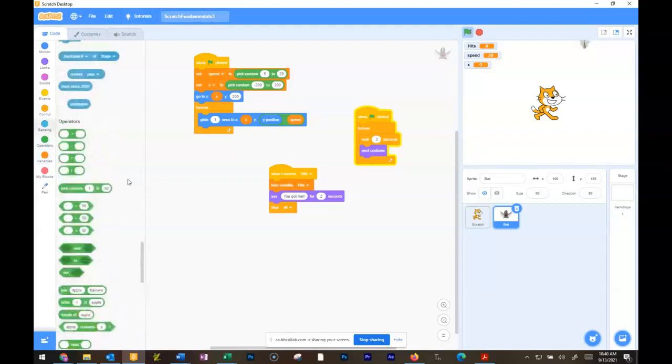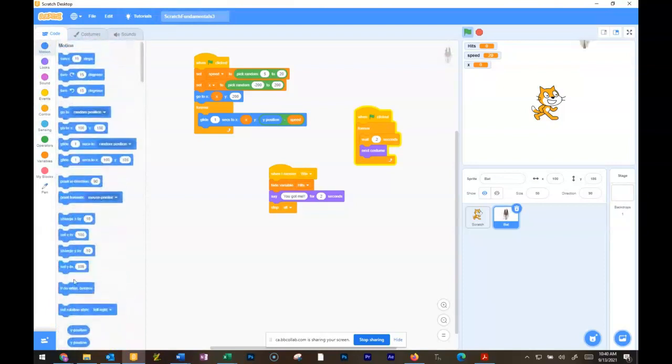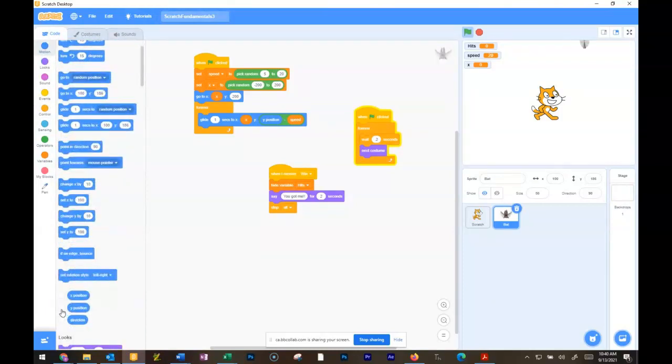I might put up the Y position. So if I go up to motion, I'm just going to click the little check arrow for Y position. And what that's going to do is show you the current Y position. And what we should see is this going down by whatever the speed is as it rolls. So if I hit the arrow,